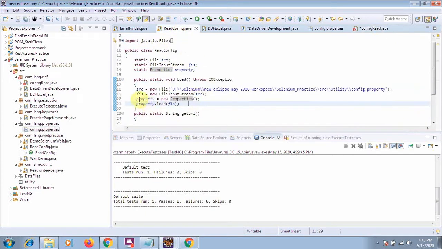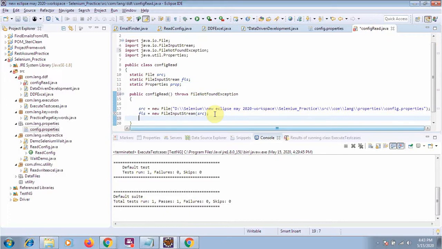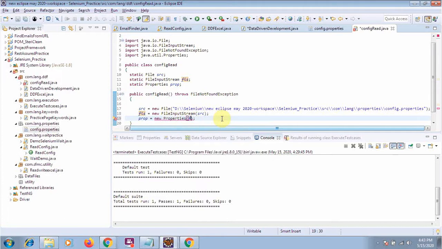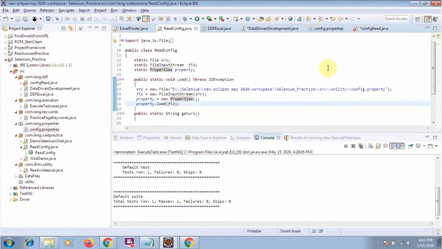So I have created the object this way. I will create an object like prop equal to new Properties. I have to copy this one, and it will not take any argument.